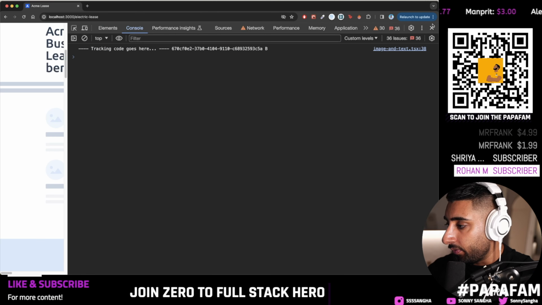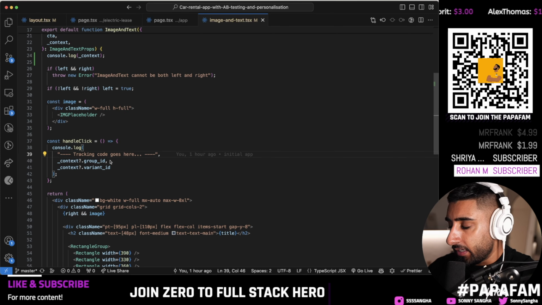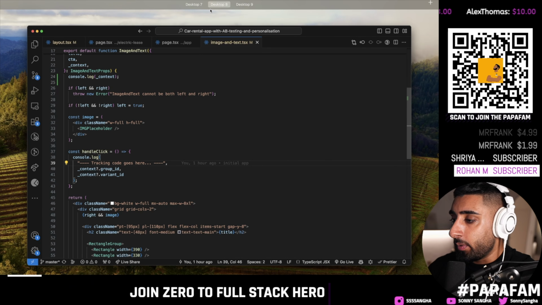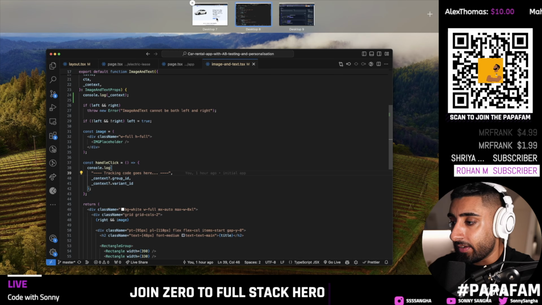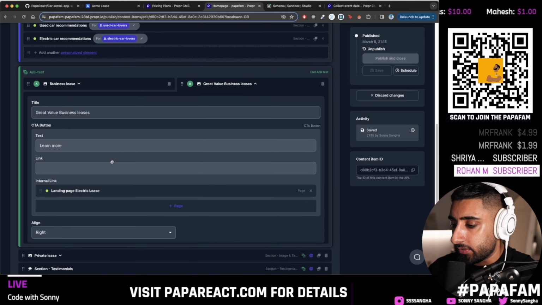Now, once we've done that step, we can go ahead and close our A/B test and conclude it. So how do we go ahead and do that? Well, it's actually fairly straightforward as well. So obviously at this point, you would have your tracking code here. So that is one element of it. But once you've identified the winning variant, then all you need to do is head over to your actual test,